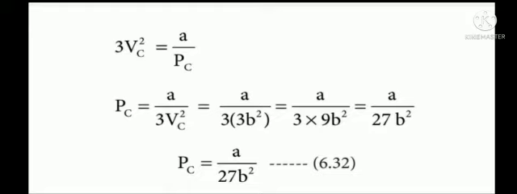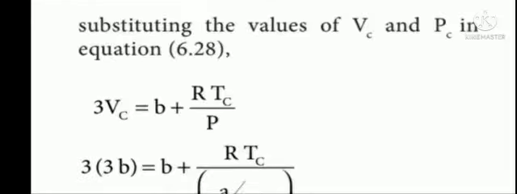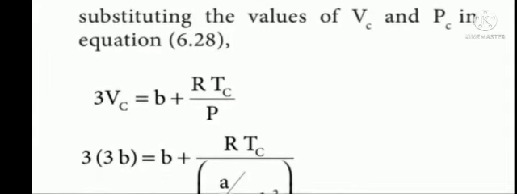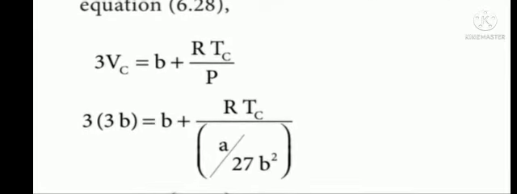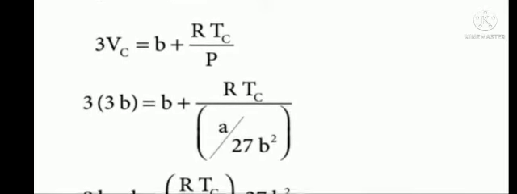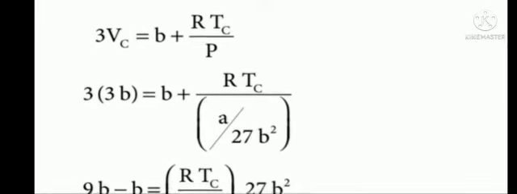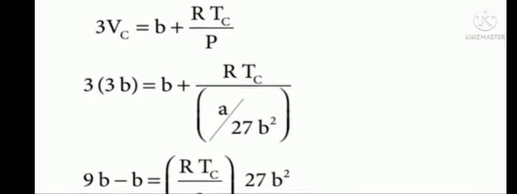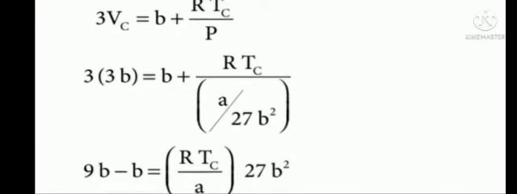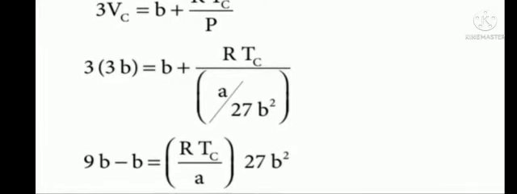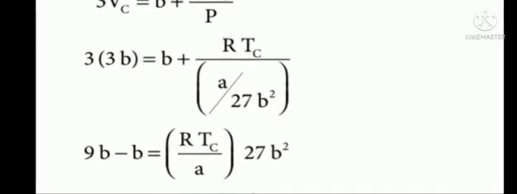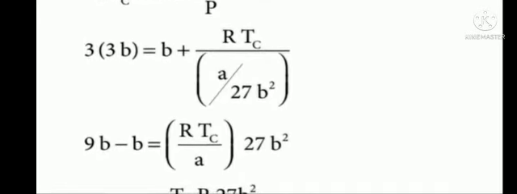It is given in equation 6.32. Substituting the values of Vc and Pc in equation 6.28. Here we are having equation 6.28: 3Vc is equal to b plus RTc by P. Here Vc is equal to 3b, Pc is equal to A by 27b square. It is substituted here. We will get 3 into 3b is equal to b plus RTc divided by A